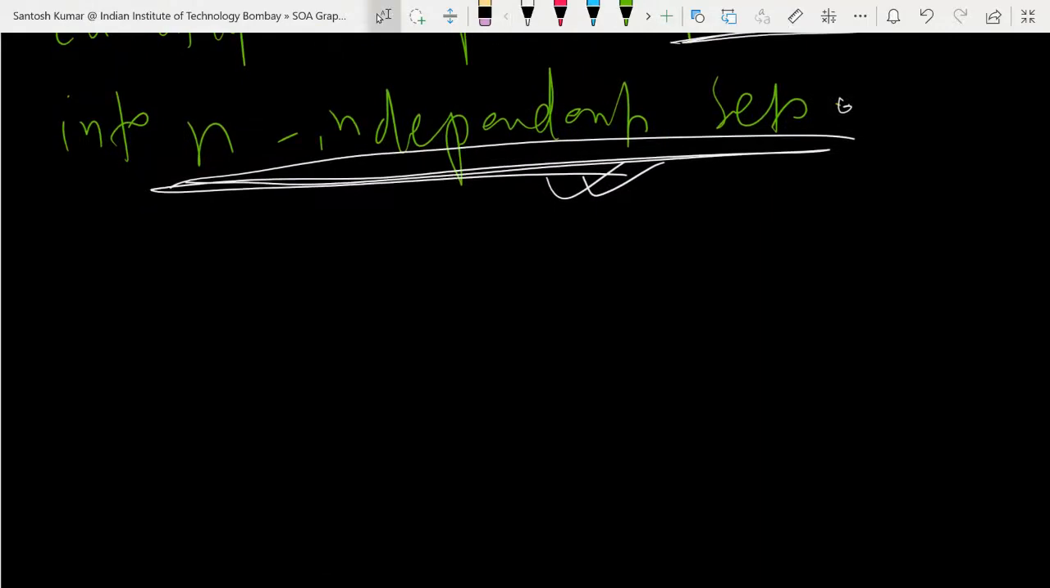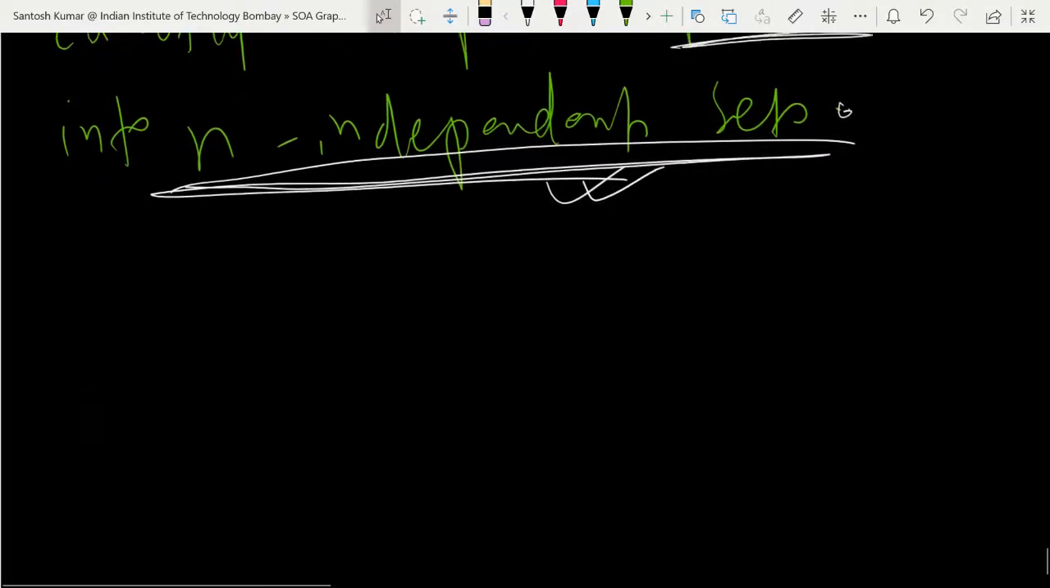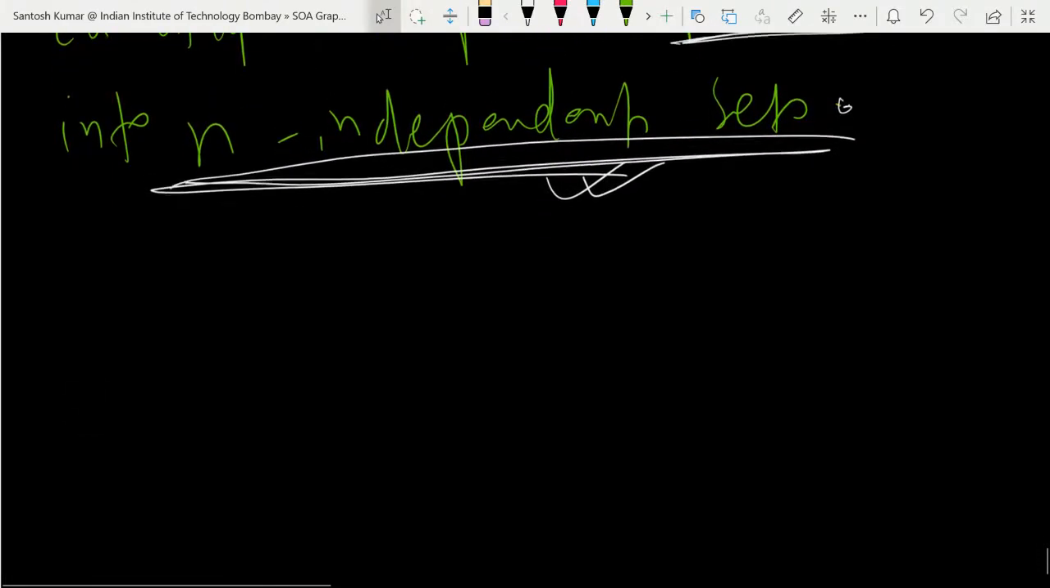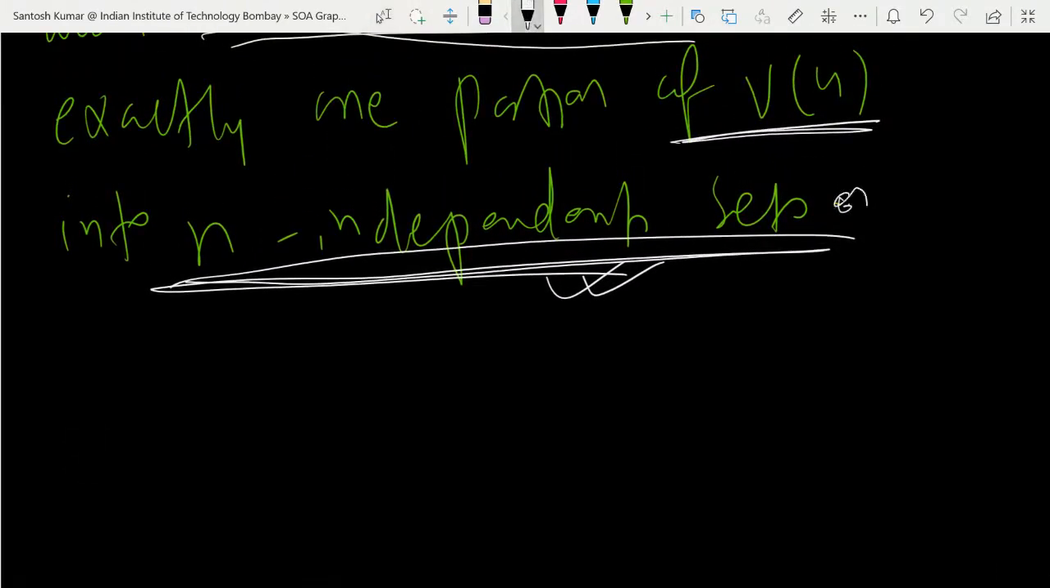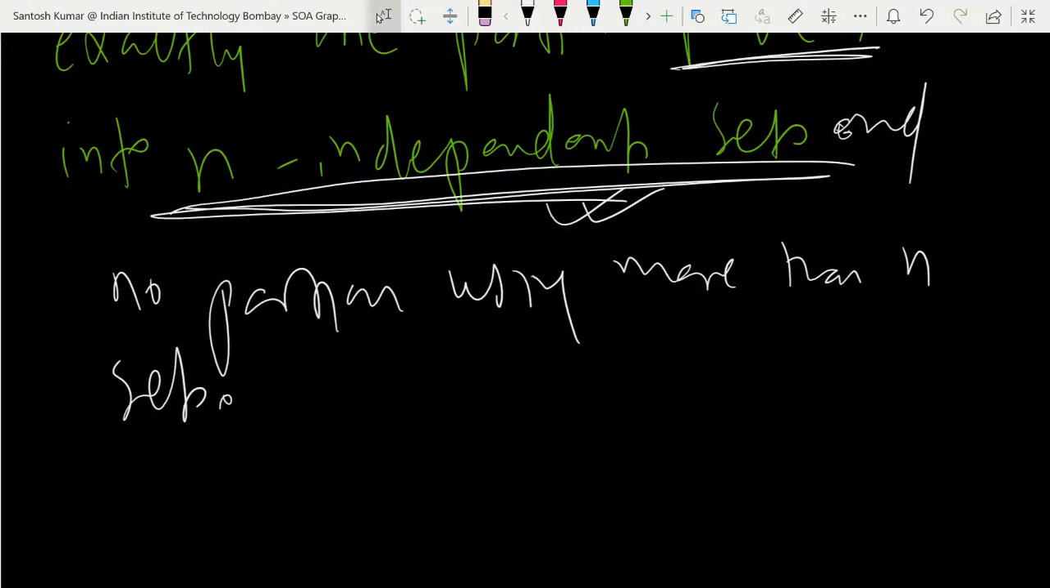So simply we want to conclude the proof. So simply we can say you cannot have a partition using more than n sets, since the graph has only n vertices. So you cannot partition the vertex set into n plus 1